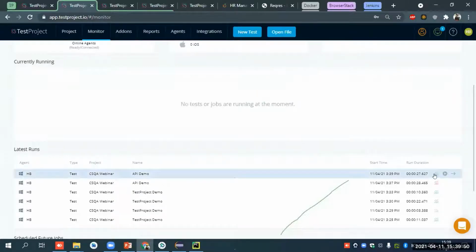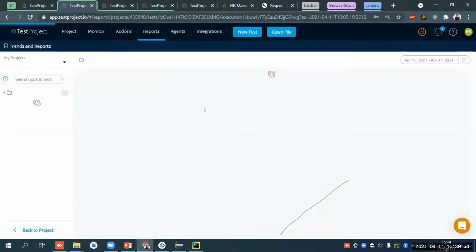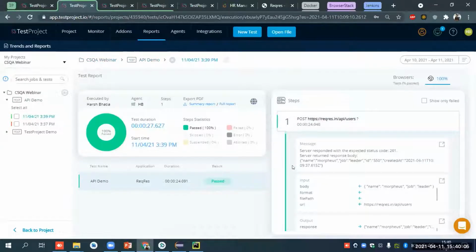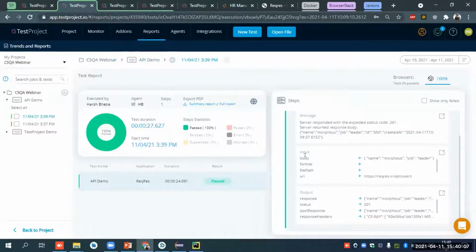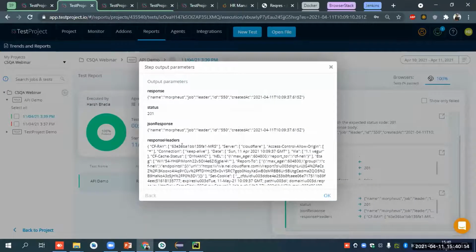Execution done, so the green icon appears. One case has been passed. Let's see the report again. Here is the step and its input parameter. In the input we have provided our body, and in the response we have got the response from the API itself, with the data provided and the ID which has been created.